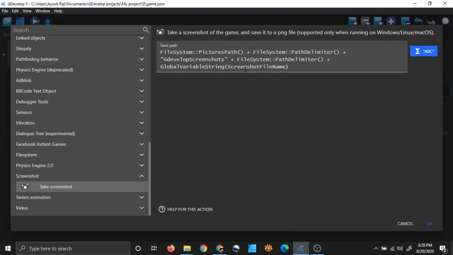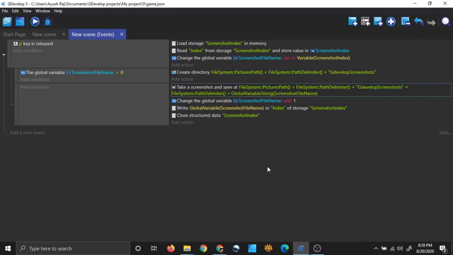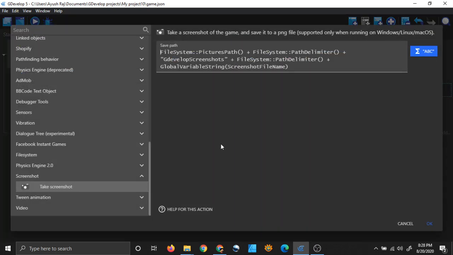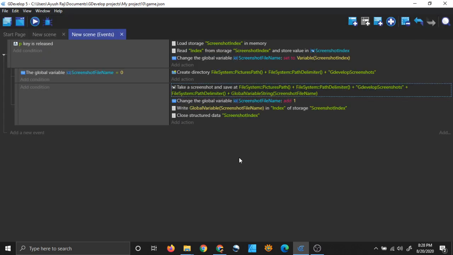You know, this is that number because we are fetching the number from the storage and putting it in our global variable, and here we are simply supplying that global variable for our screenshot function, so that the screenshot is made using the value of this global variable, right? Right. And after taking a screenshot, we are simply adding 1 to the global variable.